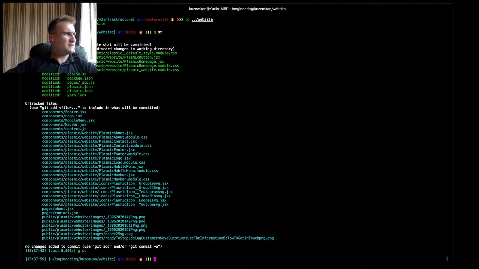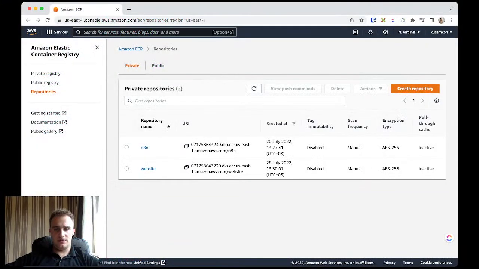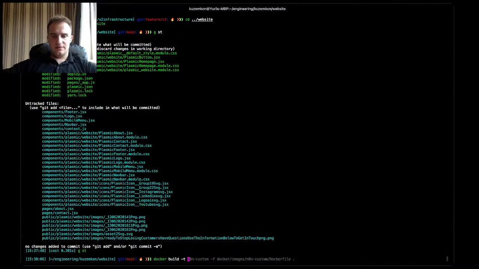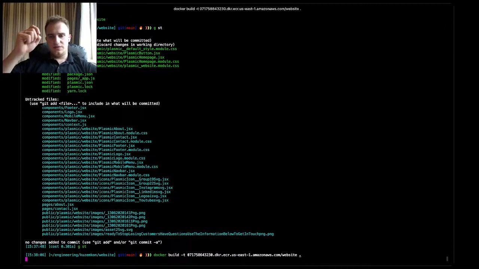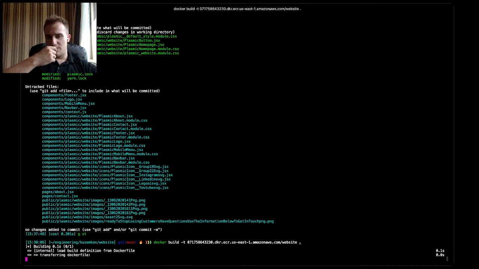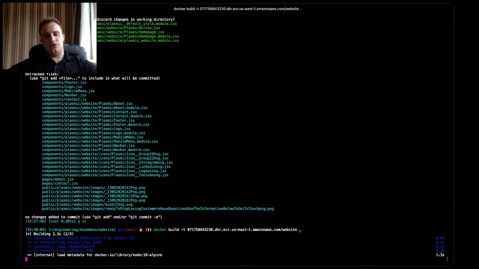I'll go ahead and make a docker build of the website and specify the proper tag. So I'm building the website docker image,